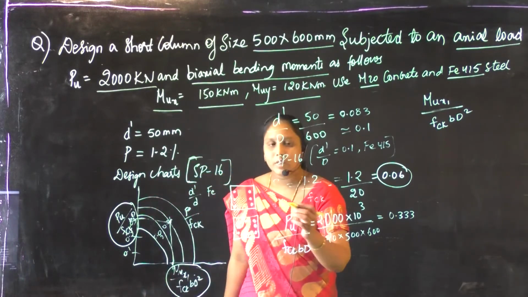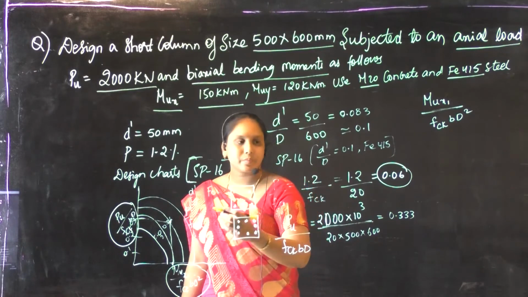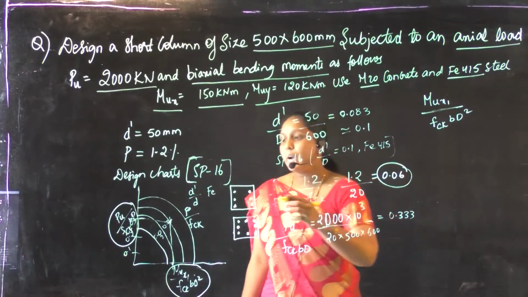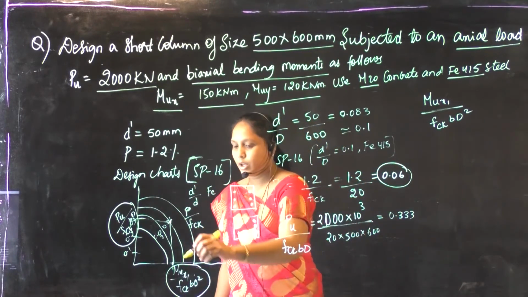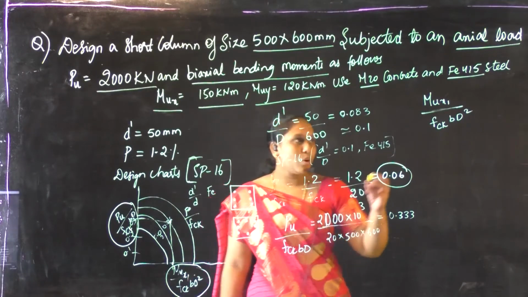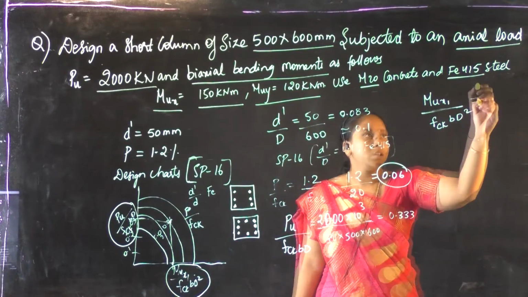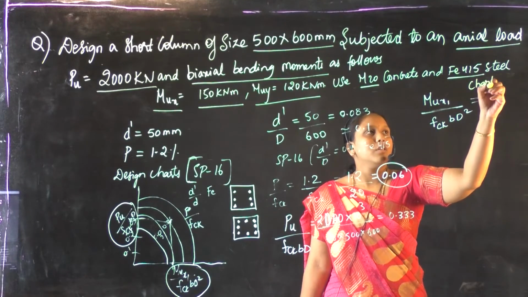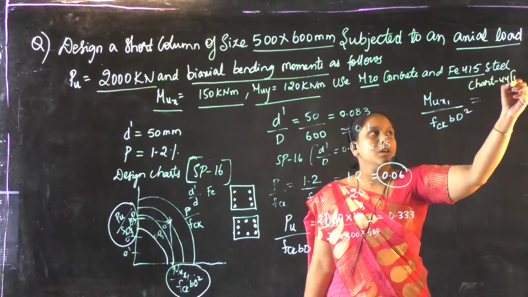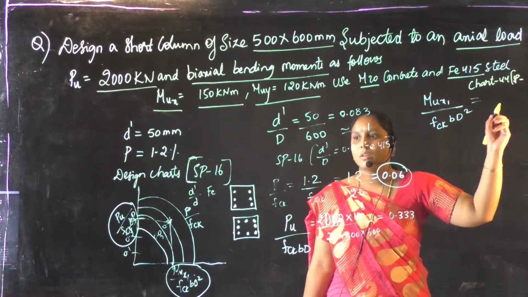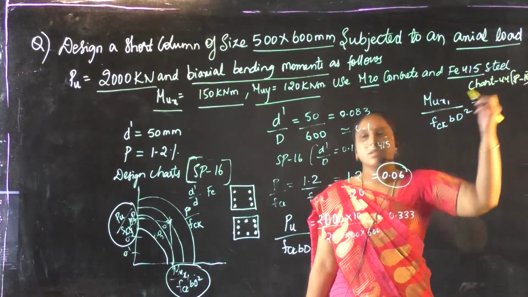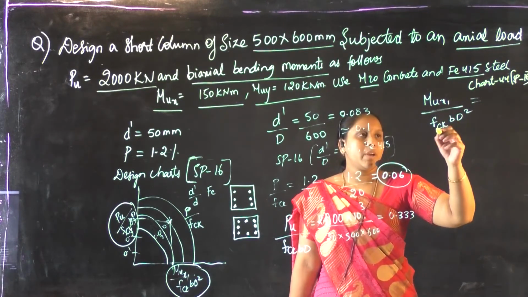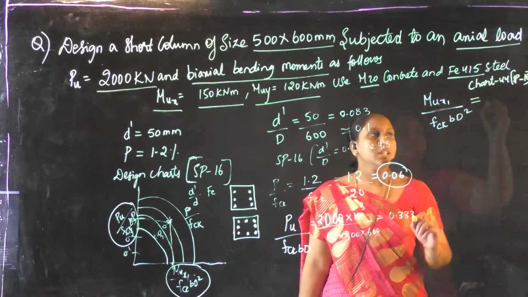So in that particular chart you have to check, and based on that you will get this value. So if you check chart 44 in SP 16, the MUX1 by FCK BD square value you will get as